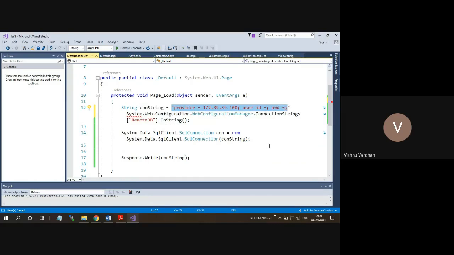Maybe you are migrating your database server or you have shifted onto some different new hosting server. There can be n number of things that are happening in real time. So that's why you don't want to keep the settings hard coded in this way.